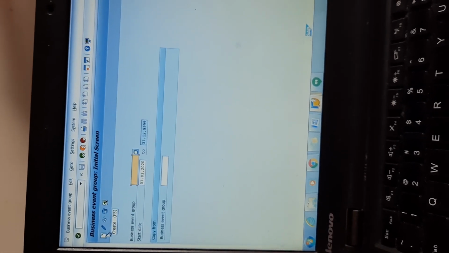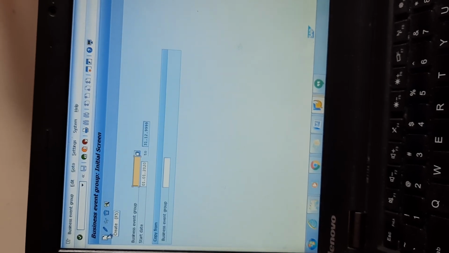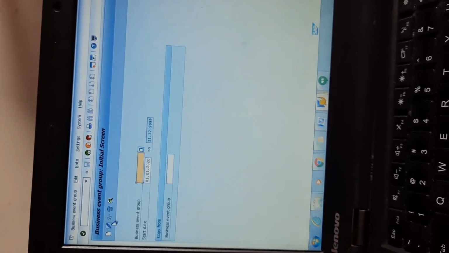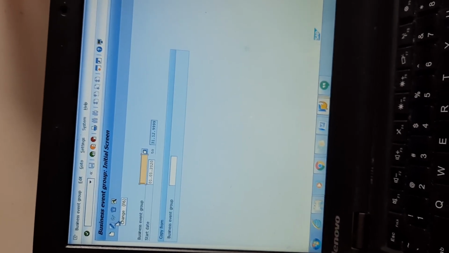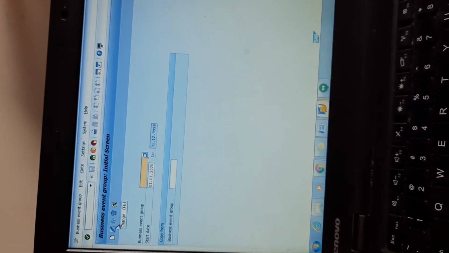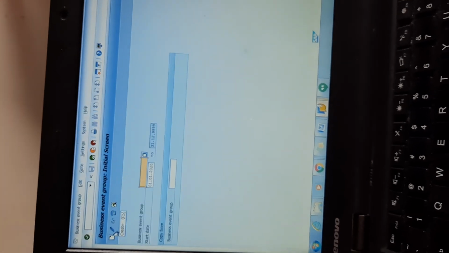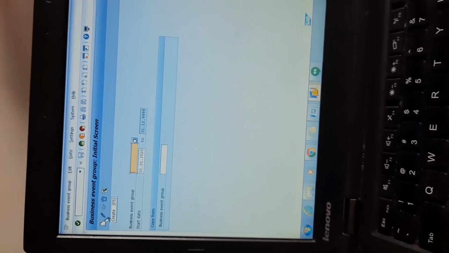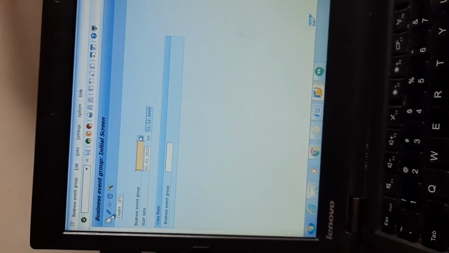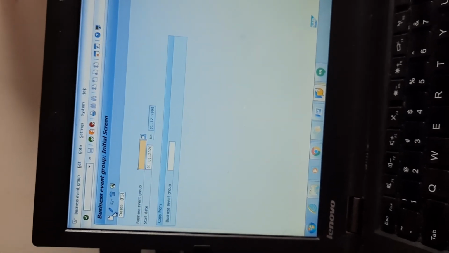Okay, so now I'm going to click here on create, F5. You can click on F5 or click on create. This other option is for changing. In case you mistakenly have not entered the date correctly, you can do the date correction. And this is to view or display whatever you have keyed. This is to delete. We are not going to use any of these options. I'm going to show you only the activity we are doing, so you don't get confused. Later, as and when you become expert in the tool, you can explore everything in the SAP system.